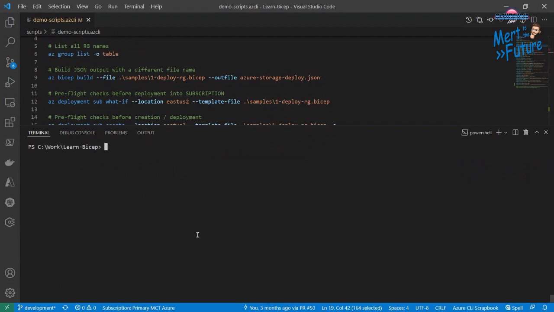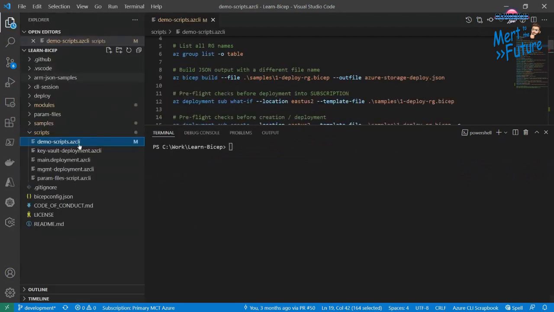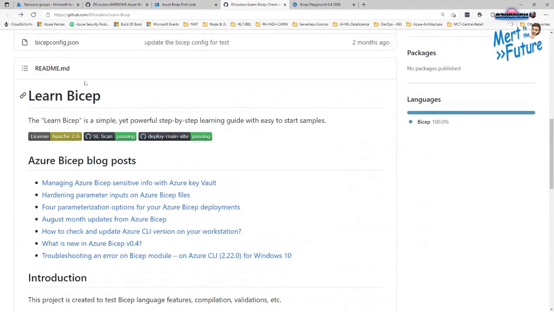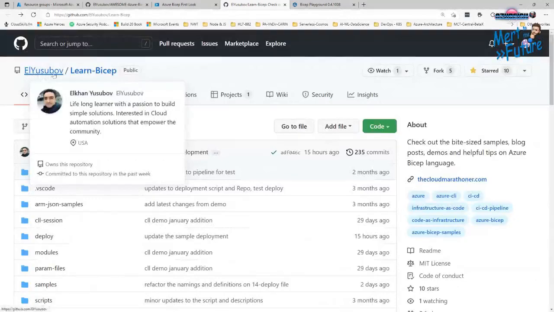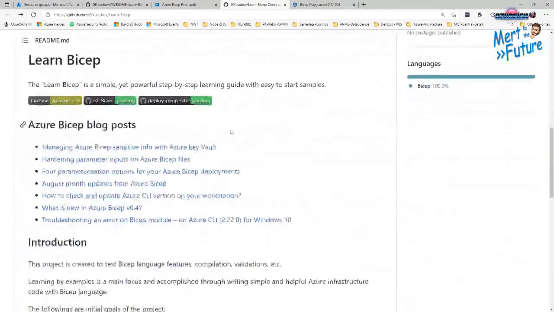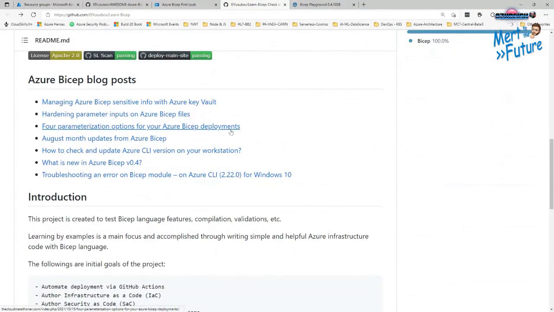So basically, before actually doing anything here, let me mention that this repo itself is also in GitHub. You can find all the code and samples by going into this Learn Bicep GitHub. Again, it's under the GitHub repos, and the purpose here is that you want to learn by doing things, right? You want to practice them, and part of it is I have these Cloud Marathon blog posts